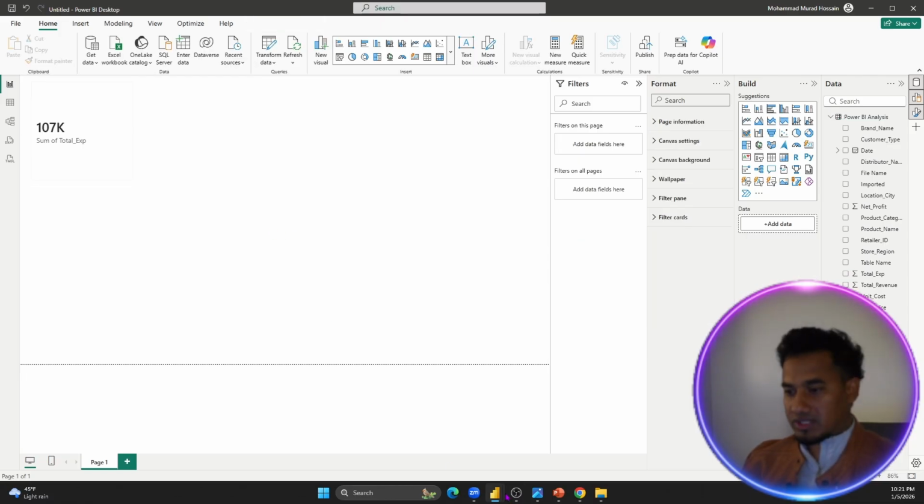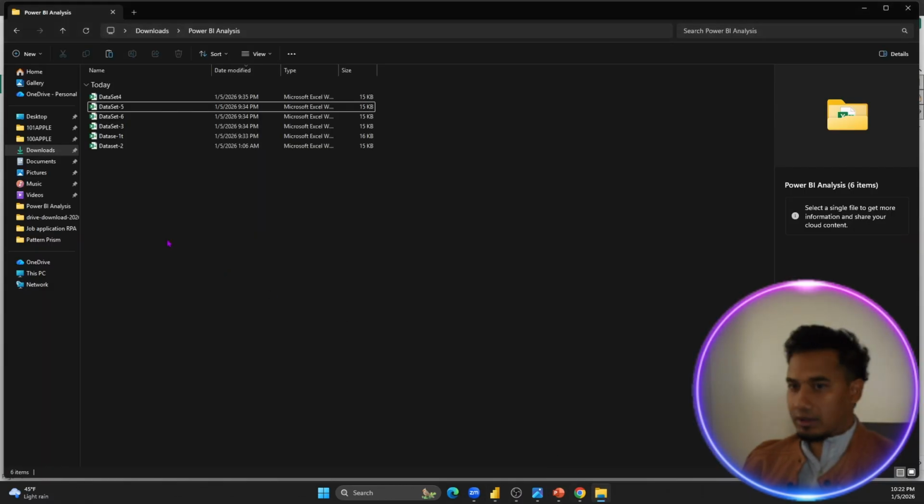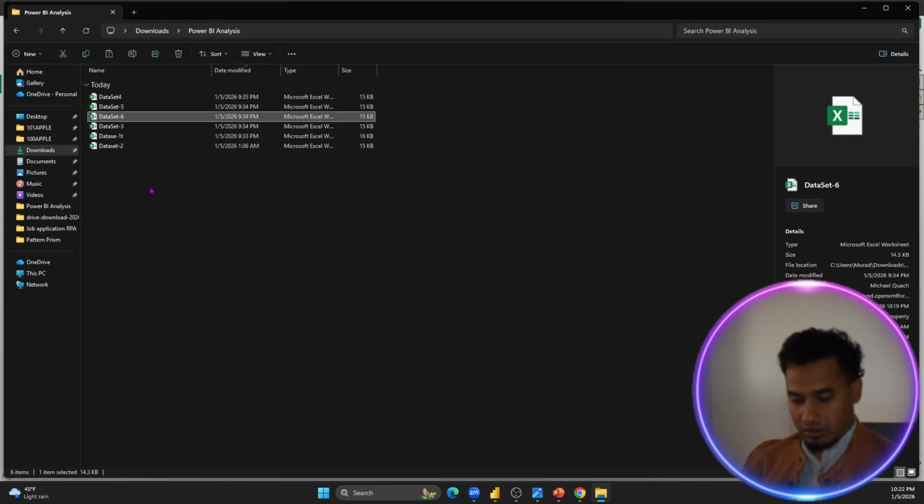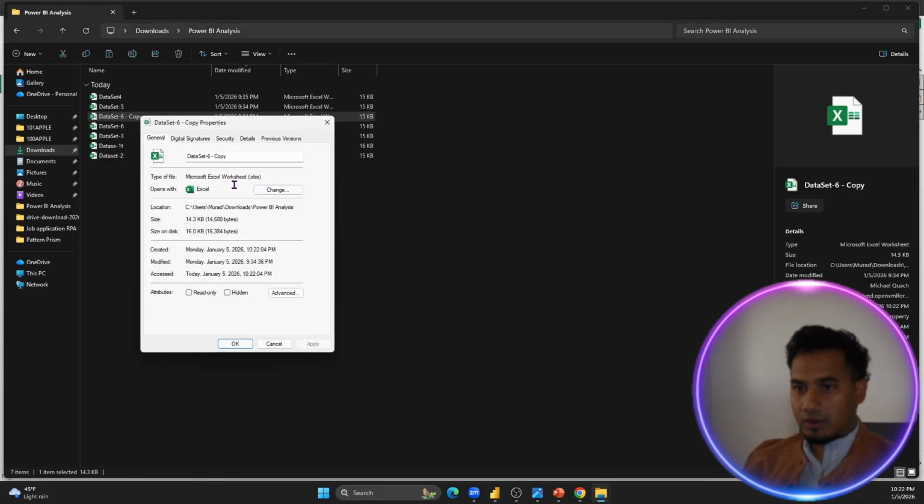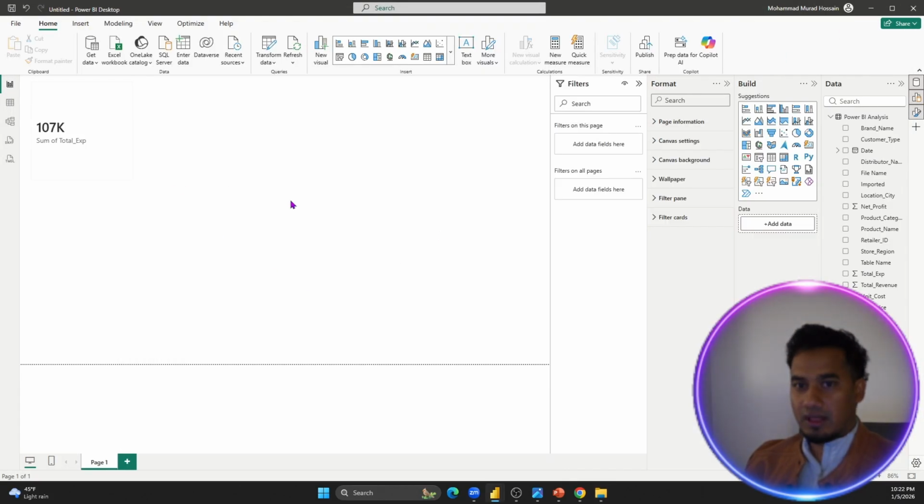Okay, let me go back one more time to my folder, and here let's create another one, copy, paste, and rename that one to dataset 7, and let's save it, another file in there, and I can refresh it from here, and you will see that number change. So basically one more file has been added, so the number changes automatically,